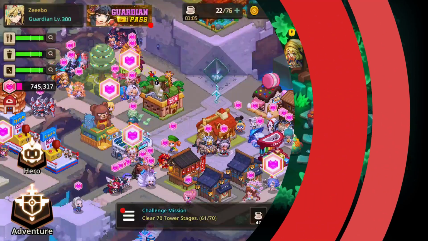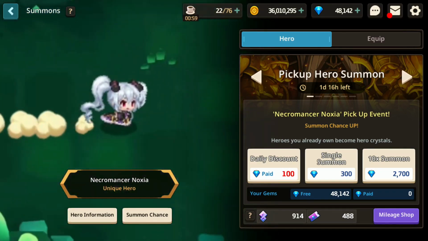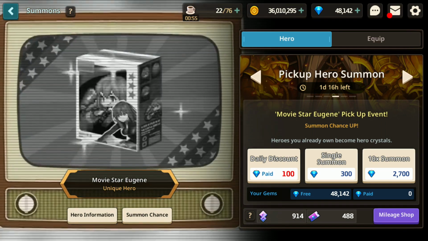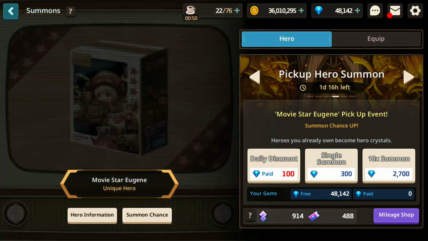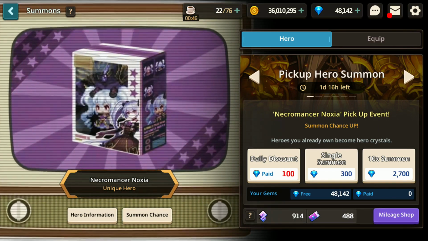So for this week's Pull to Pull series, the hero banners have some extremely polarizing heroes, right? We have really good heroes such as Noxia, and we have the not so good ones such as Eugene. So in today's video, I'm going to run through why they are good and why they are not good, and whether or not you should put your resources into pulling for them or wait for the next upcoming banner within